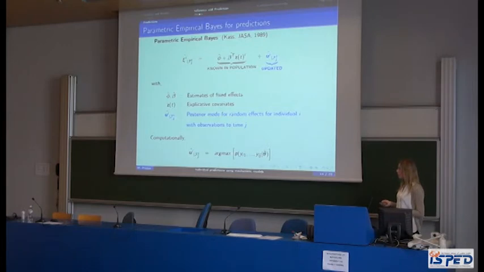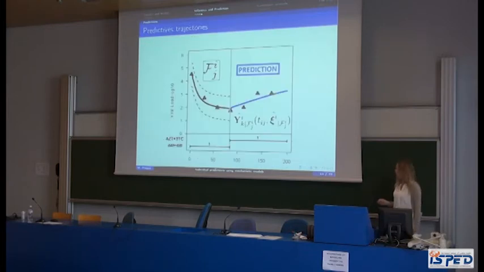And computationally, it's the same as computing the maximum of the individual likelihood, taking into account only the observations of patient i till time j. So once you've done that, then you can inject it in the ODE solver